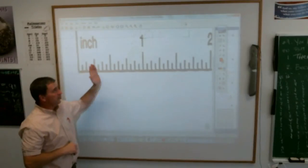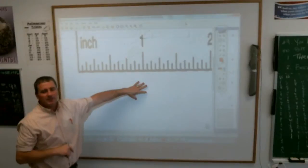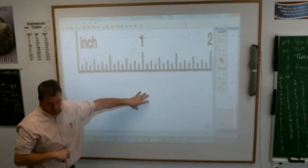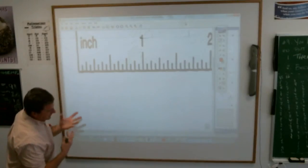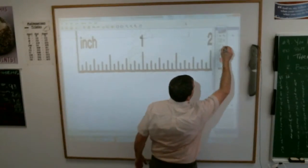16. Yes. The ruler you're using has 16ths, but you can keep cutting those in halves into 32nds, into 64ths, into 128ths, into 256 if you need to get smaller. But the problem is this, ladies and gentlemen. The problem is this. If you're measuring this line,